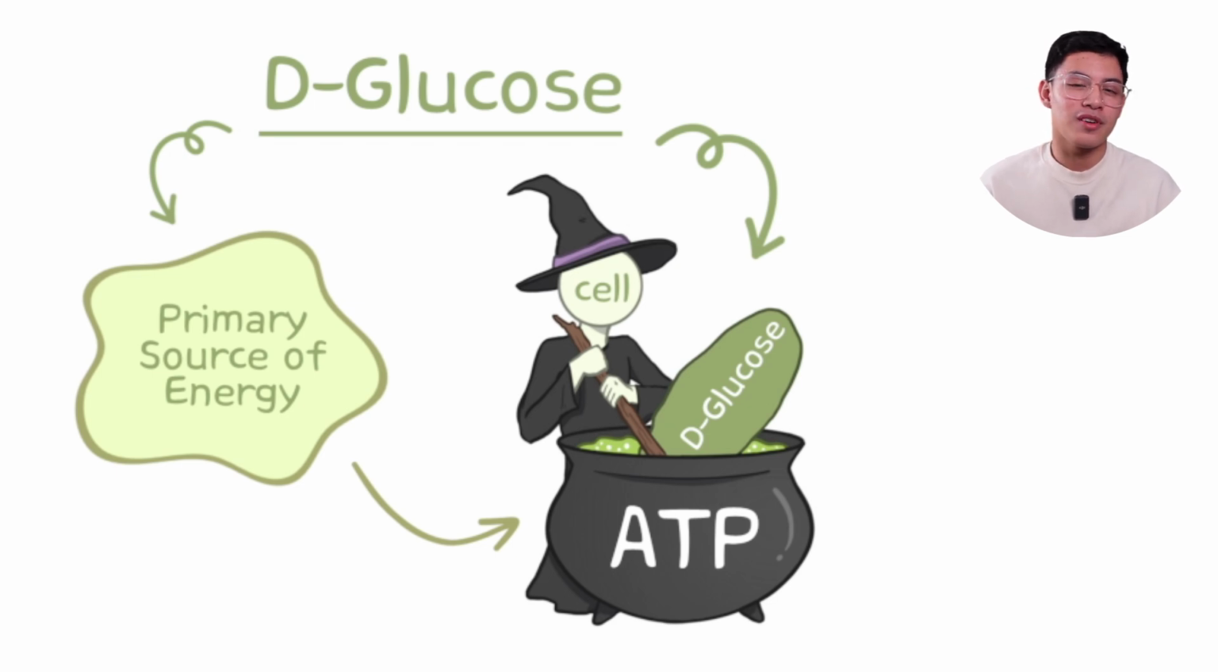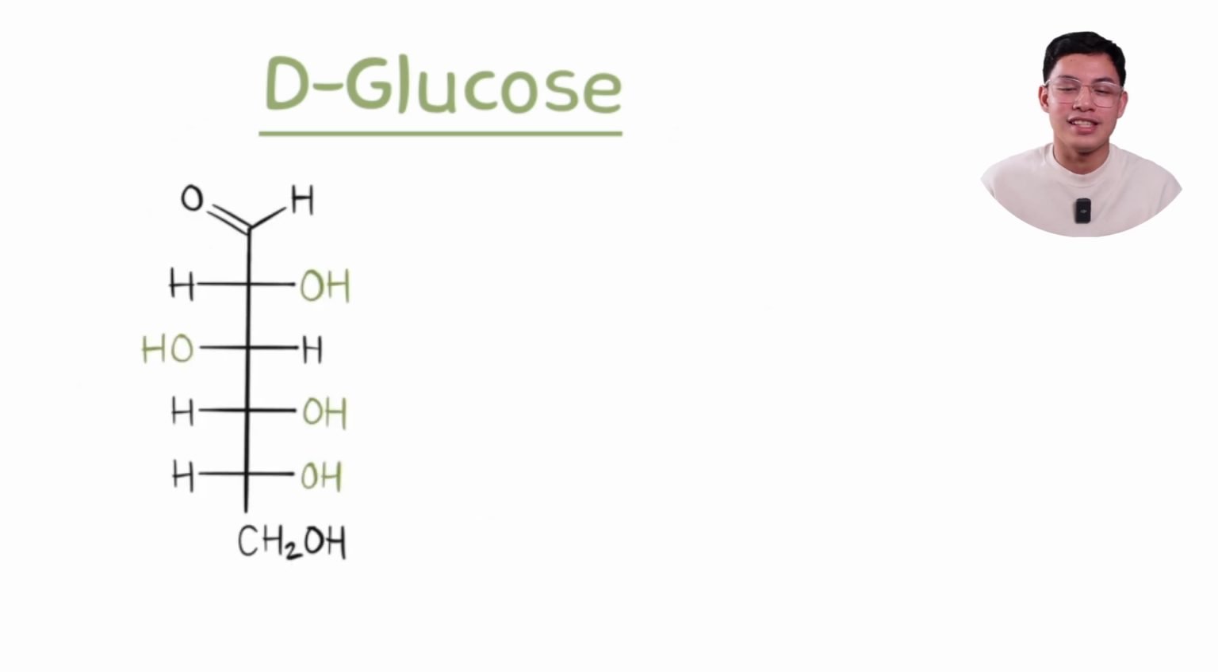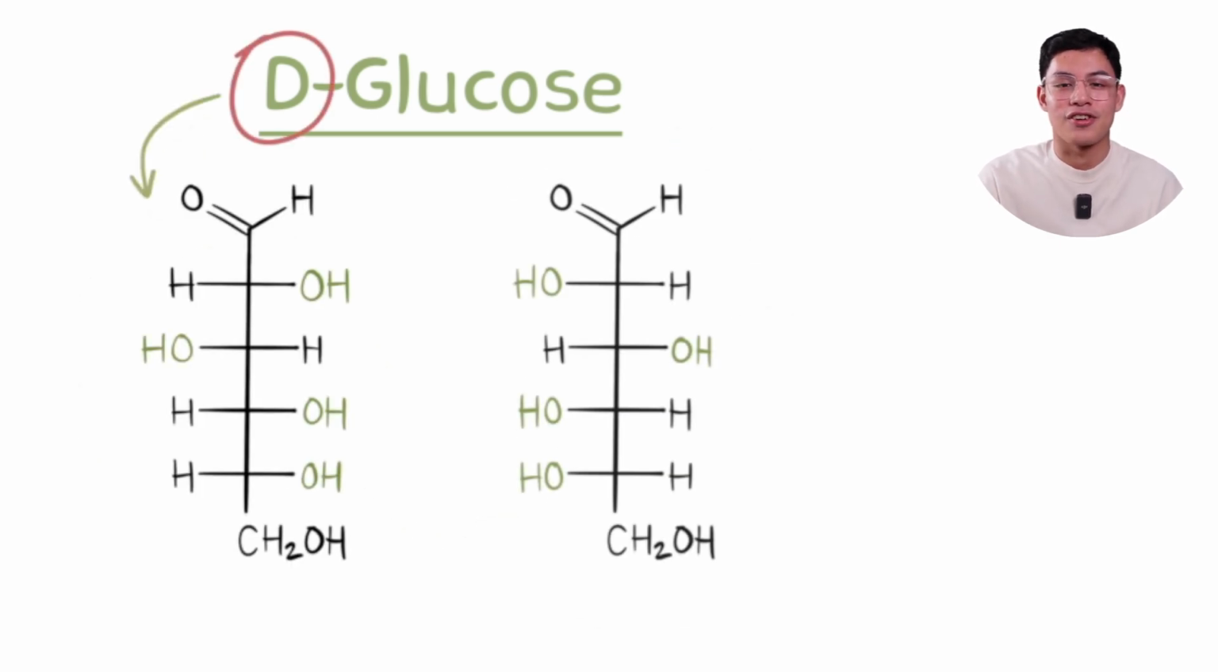Now, you might be wondering, why is isomerism significant? What does it have to do with anything about ATP production? Well, this is a structure of D-glucose. And on the right, you see the structure of L-glucose. It's an enantiomeric pair. This is significant because our body